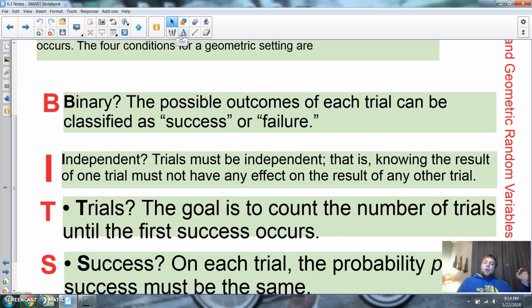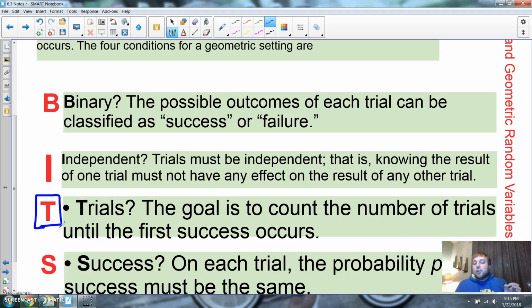On a binomial distribution, we had these things called bins. Notice now it's bits, like bacon bits. That's right, I love bacon bits. So the T is the only thing that changes for geometric, and the N stood for a set number, like 10 times. With geometric, the trials will go, we will go and go and go.